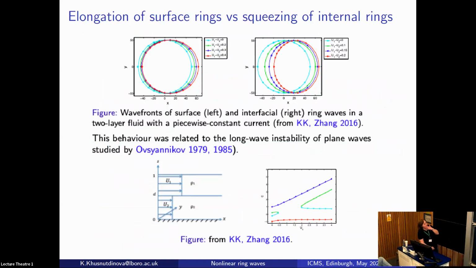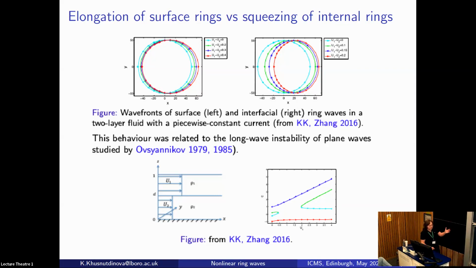So this is actually from the same paper with Xizheng in 2016, where we considered this as an example. So the theory is for arbitrary stratification and arbitrary depth-dependent parallel flow, and essentially it consists of a set of model equations, which contain a spectral parameter, and this spectral parameter is a dependence on the polar angle, which essentially knows about the wave velocity in different directions, right?